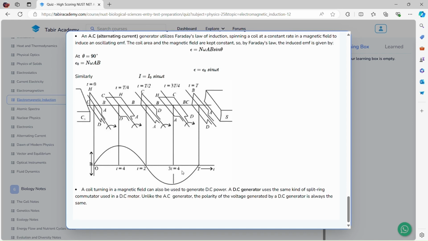A coil turning in a magnetic field can also be used to generate DC power. A DC generator uses the same kind of split ring commutator used in a DC motor. Unlike the AC generator, the polarity of the voltage generated by a DC generator is always